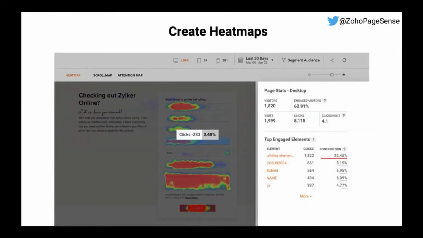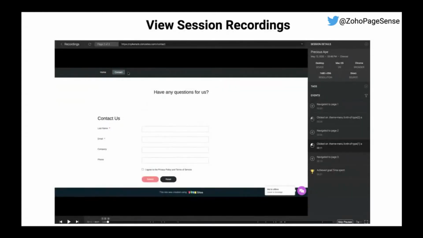But that alone might not be sufficient. You have to pair it up with other quantitative and qualitative tools to get a better result. You can create a heat map for your forms to see areas that get your visitors' attention. This will help you identify elements that are distracting your visitors in your form. And then you can create a session recording to see if visitors get stuck somewhere in your form. You can identify UI UX blocks and fix them.